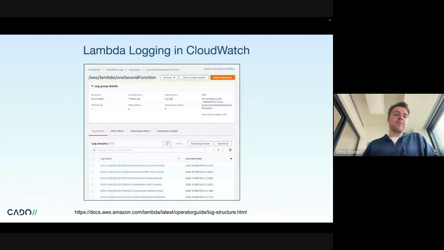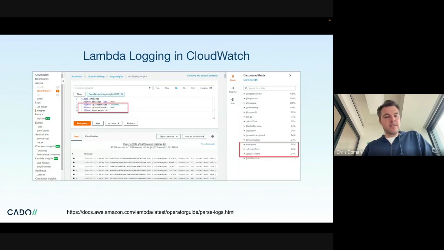Here's an example of what it looks like with Lambda functions. If you're running Lambda functions, you get all these streams out, stored in CloudWatch. You can go through and search through all that data too. It's not necessarily the easiest interface to go through, but again, you can export this out and then search it that way. Here you can see running SQL-style queries across CloudWatch via Logs Insights.